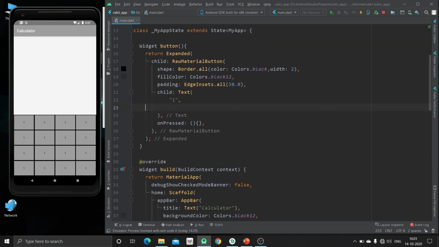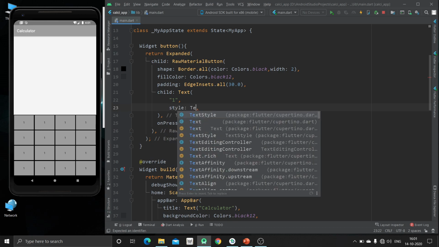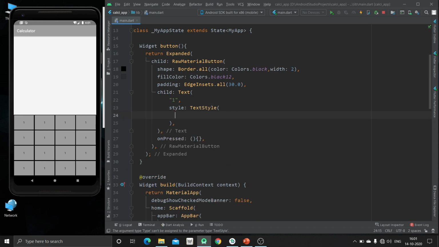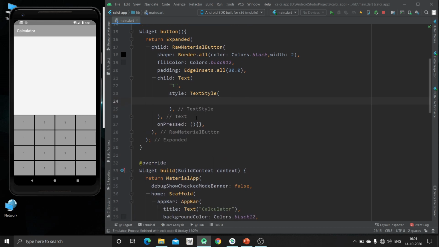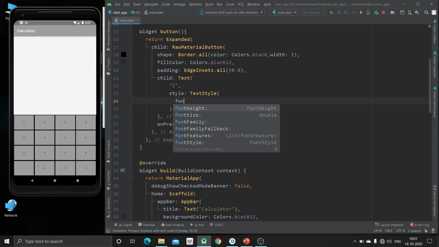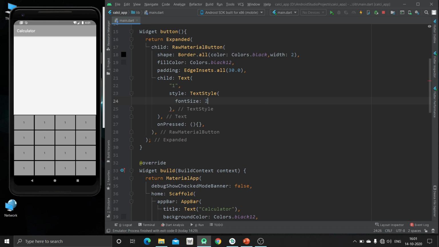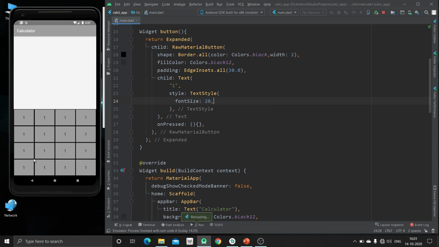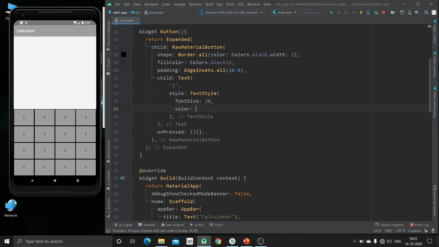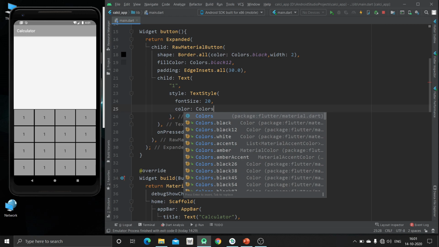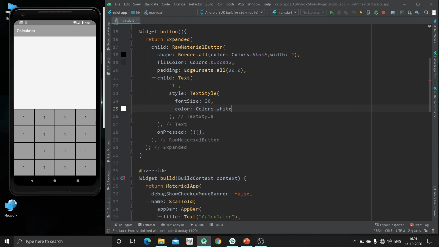Now we are just going to make this text somewhat bigger. So we are going to use the text style property. Now we will increase the font size, make it about 20. Now it's good. Now we are going to change the color. The color should be white, so it will be good to see.